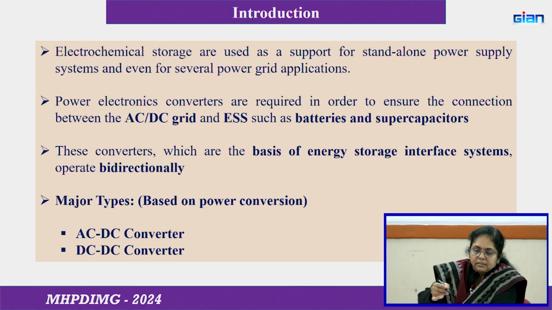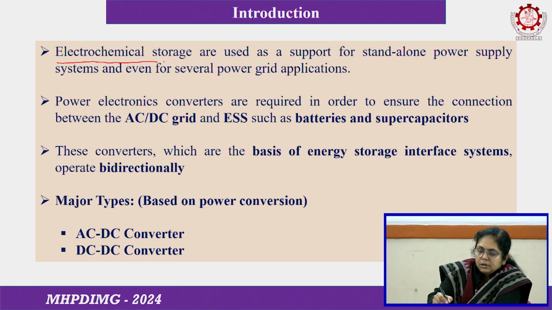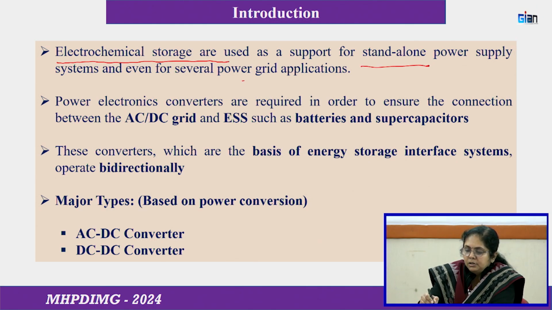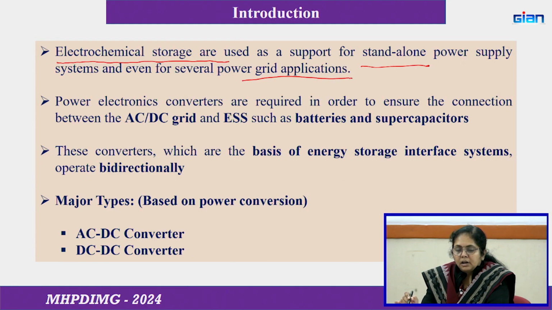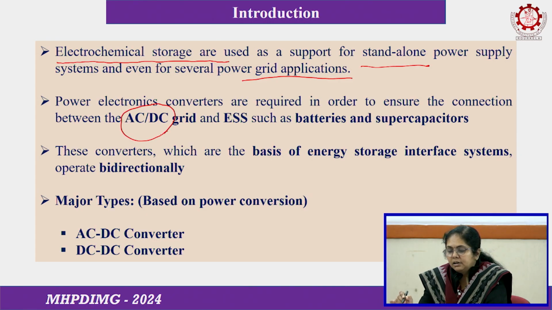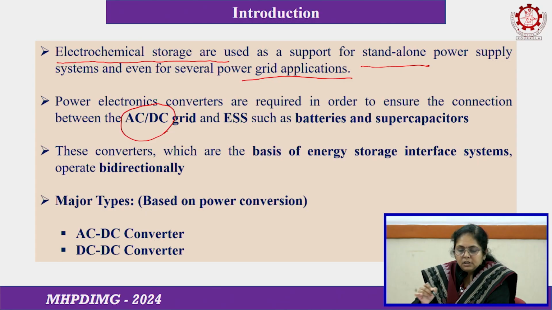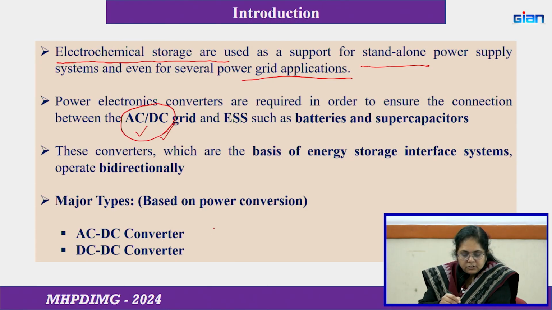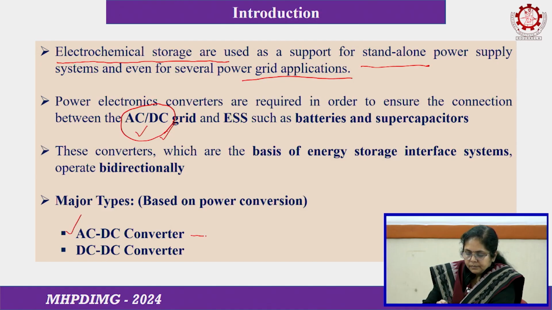In my last class, I focused on the electrochemical energy storage that is used for a standalone system. It can also be used for grid connected applications. But how to choose the converter? Depending on whether the grid you are integrating the energy storage with is AC or DC, you have to choose between two types of power electronics converter. If you are connecting to an AC source or AC grid, then, because the storage side is fixed DC,